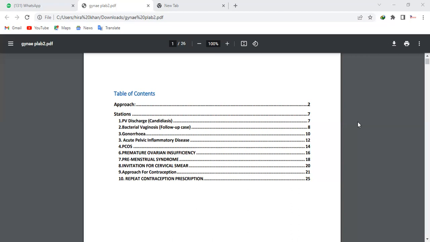All right, so by learning the approach, we increase the chances that by asking all relevant questions we might reach the diagnosis even if we do not know anything about the station. Sometimes in the exam a station might come that you are not familiar with or haven't heard about, or a station you have actually learned but are unable to recall. So it is always advisable to have a rough approach in your mind for how to approach a medicine station.